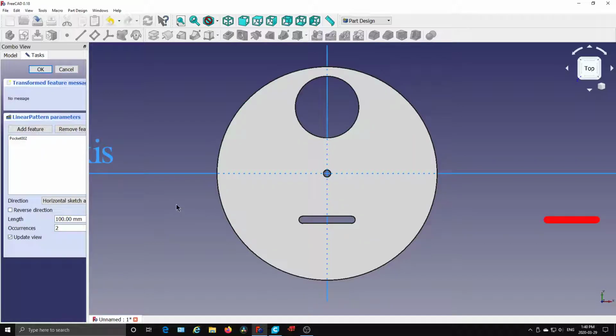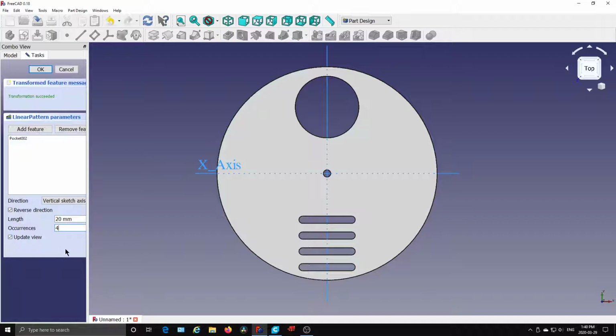Click OK. Now, over here on the left, if you see the direction is set on horizontal sketch, we want to change that to vertical. And we want to change the length of this to 20 millimeters. Now, it's put that slot above the original slot, but we want it below the slot, so we have to check the reverse direction. And there we have 2 slots, but we actually want 4, so we change the occurrences to 4. And there we have our slotted openings,